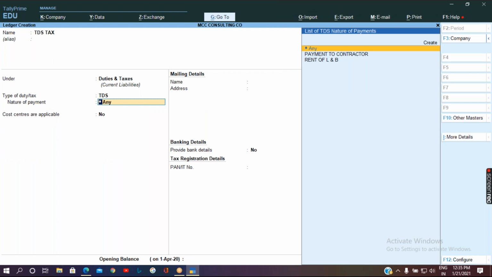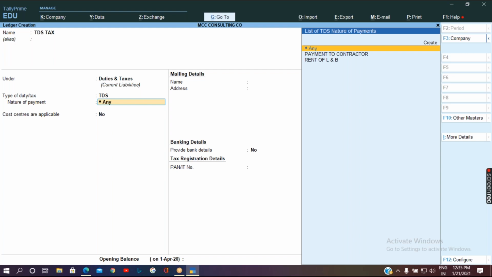TDS. Now we have two different natures of payment. We have transactions related to more than one nature of payment in our company. If you want to select a particular nature of payment, you are supposed to create a separate TDS tax ledger for each and every nature of payment.